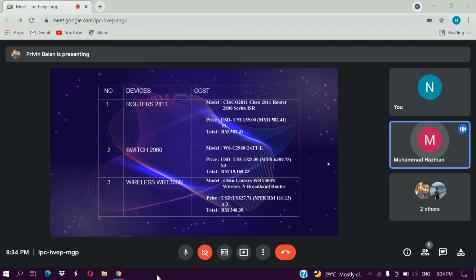Okay, second, we use device switch 2960 and the model WFC2960 24 TTL. Dan dia punya harga dalam dolar 1525 dan dalam ringgit Malaysia RM6,389.75. Okay, sekarang kita guna 3 switch. So kita total dan now kita dapat harga